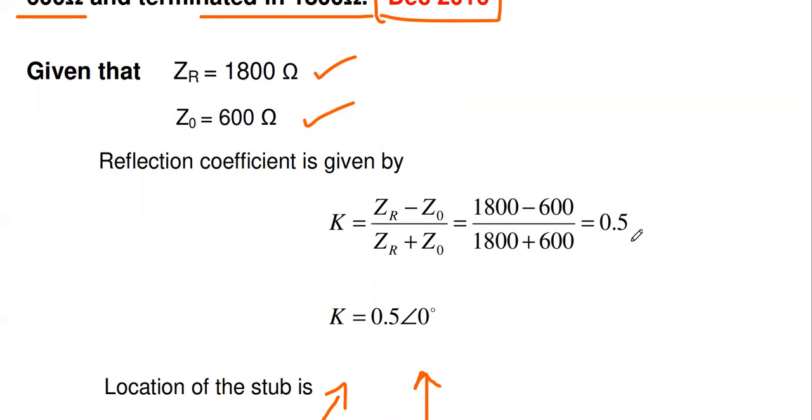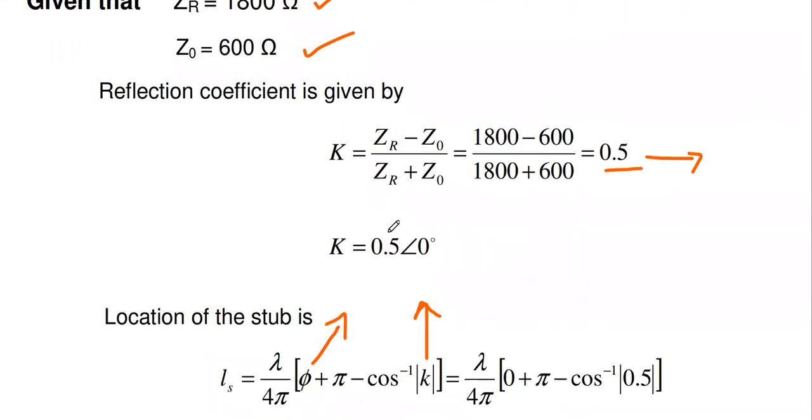Here you see the reflection coefficient becomes real. In this question it is real. In the next problem we are going to see the complex case, and how to convert it. So the reflection coefficient is real, so you just convert this 0.5 into polar. We may write in polar coordinates 0.5 with angle theta. From that, what is the modulus of k? This 0.5 is the modulus of k. The magnitude of k is nothing but 0.5 and the angle phi is nothing but 0 degrees. So we calculated modulus k as well as phi.